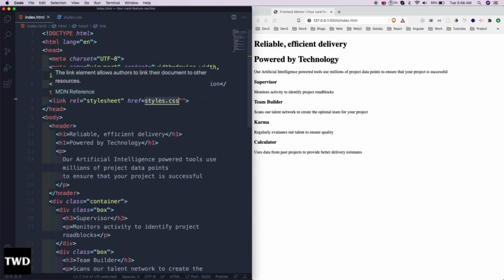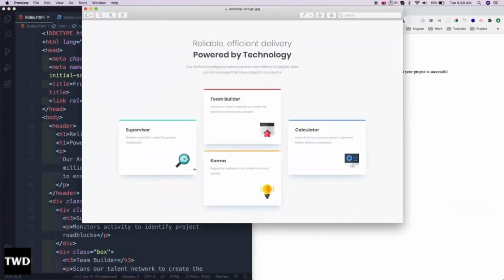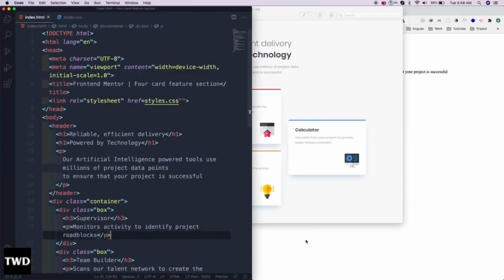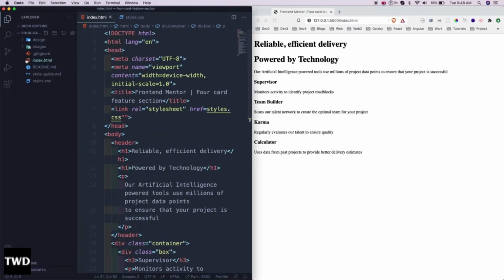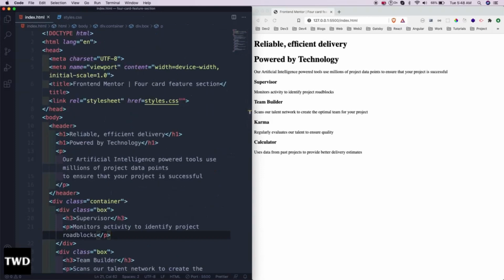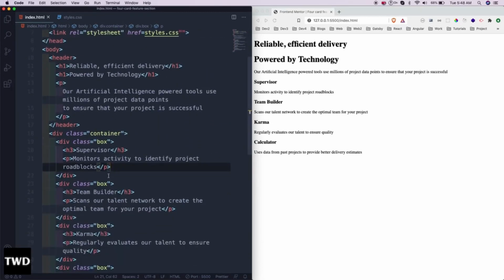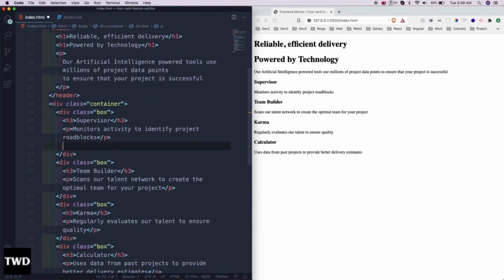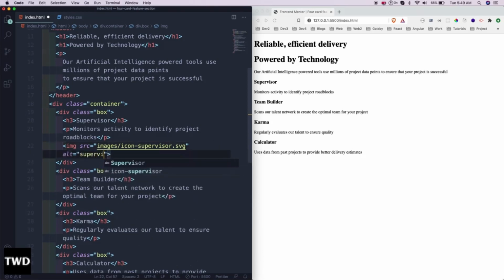Actually we have all those icons which they have provided, everything, even this color they have provided. So in images they have provided those icons, so we will use those icons. After this, inside every box we will use that. So img source is images slash icon, this is supervisor, so supervisor, alt will be supervisor,